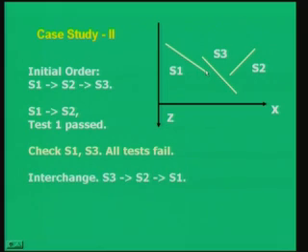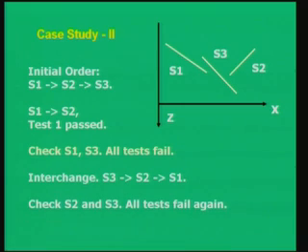In the new order, S2 and S3 now must be compared to ensure whether we can draw S3 first and then S2. Check S2 and S3, which are the polygons here. All the tests will fail again. Why? The Z extents overlap, the X and Y extents overlap, and since you are planning to draw S2 and then S3, we expect that S3 will be completely in front of S2, which it is not.